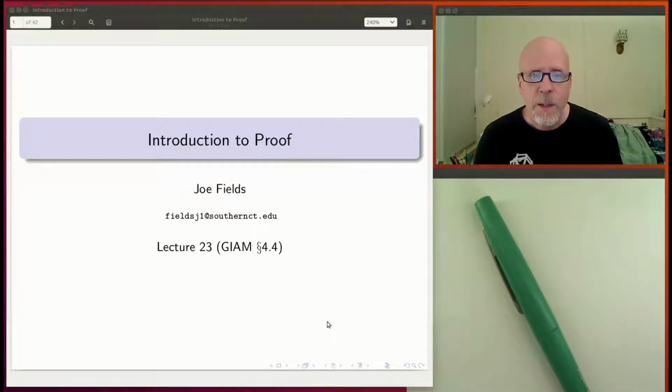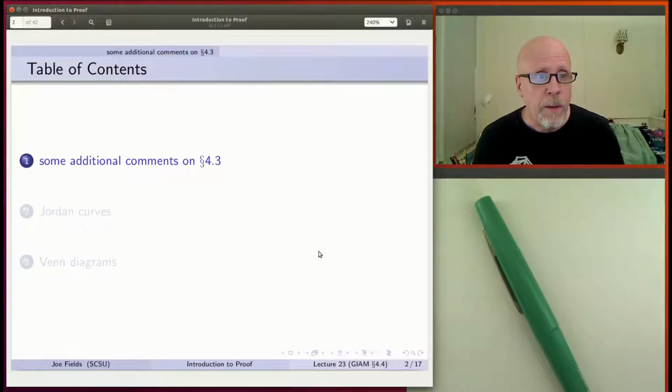We're going to be covering section 4.4 in the Jayam book today. That is concerned with Venn diagrams, but we're going to first revisit a little something from 4.3. Here's the layout for today. I'll do just a quick little thing on some additional stuff that you should be aware of from 4.3. This is actually covered sort of in the exercises strictly, so it's not in the text of the chapter, or section, but it is covered in the exercises, and I think it's worth spending a little time on to get